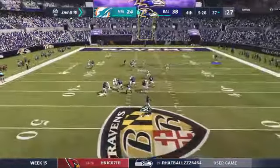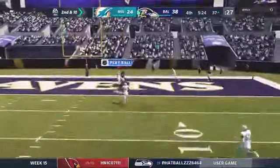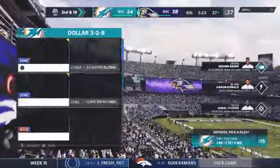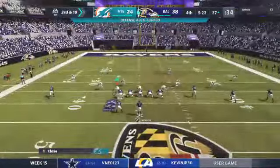Off the play fake. Here's Jackson. Flushed out right. He's going to let this go. Back of the end zone. Back of the end zone. Could he get his feet down? No, it's incomplete. As soon as I saw him break contain and get outside, my first thought and my eyes